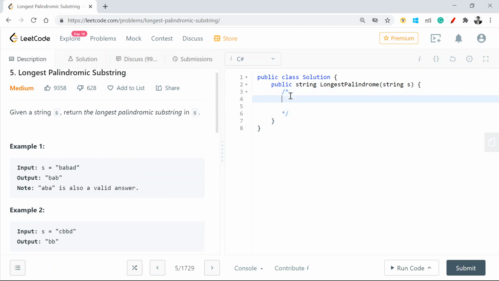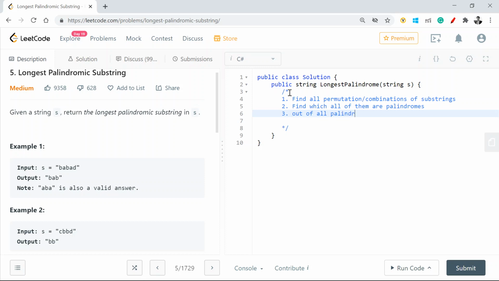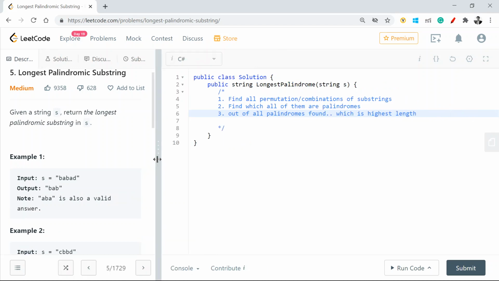One is to find all permutations and combinations of substrings, and then find which of them are palindromes, and then which out of all the palindromes found is of the highest length. This is one approach.